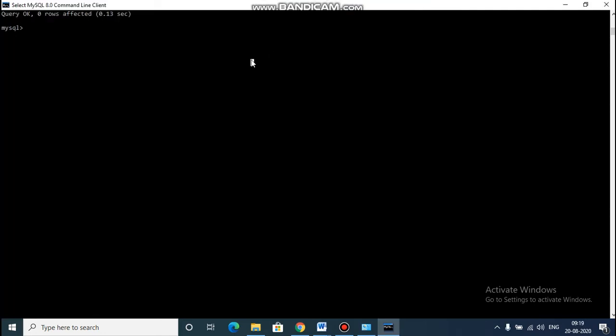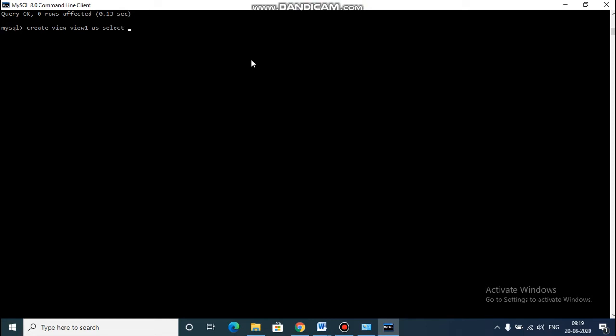Now we have to see the view. View is a temporary table, we can say. For creating the view, I will use the create view command. Create view, I have to provide the name of the view. I have given the name view1 as a select statement, which we have to use while creating the view.